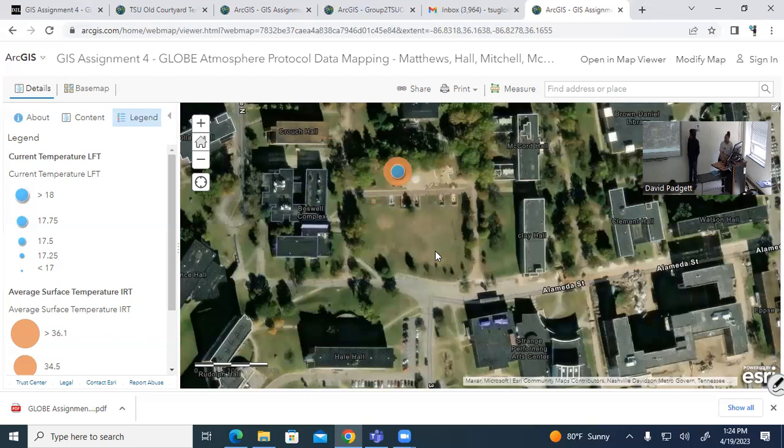So the program itself selected the range of the data relative to the radii of the symbols. So from 17 to 18, look at how dramatic a change we have in terms of the size